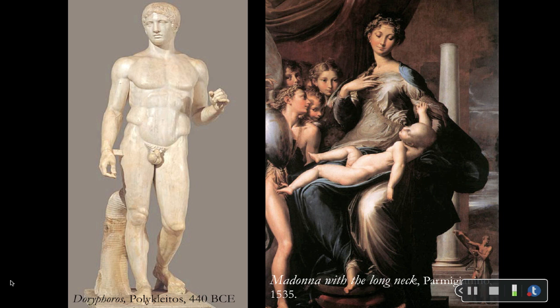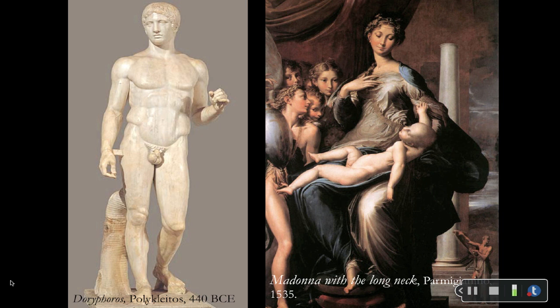So the image on the left, some of you might have seen this in the past. This is the image of the Doryphorus. It's a sculpture created in 440 BCE, before the Common Era. It's created by a mathematician, scientist, and theorist, Polykleitos, who was a Greek sculptor. But he was also a mathematician, right? And so this is the first time in history that we have the ideal proportions of the male